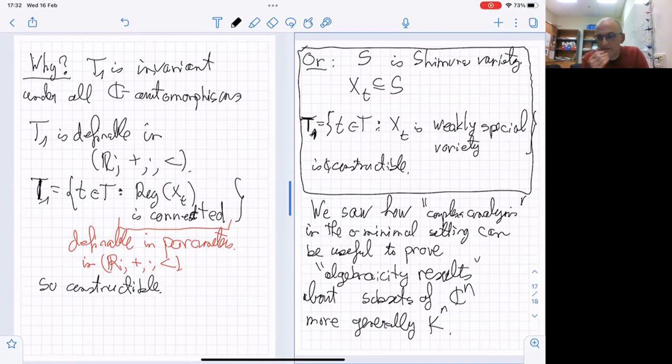I should say that from the point of view of model theory itself, being algebraic and being constructible is hard to distinguish,